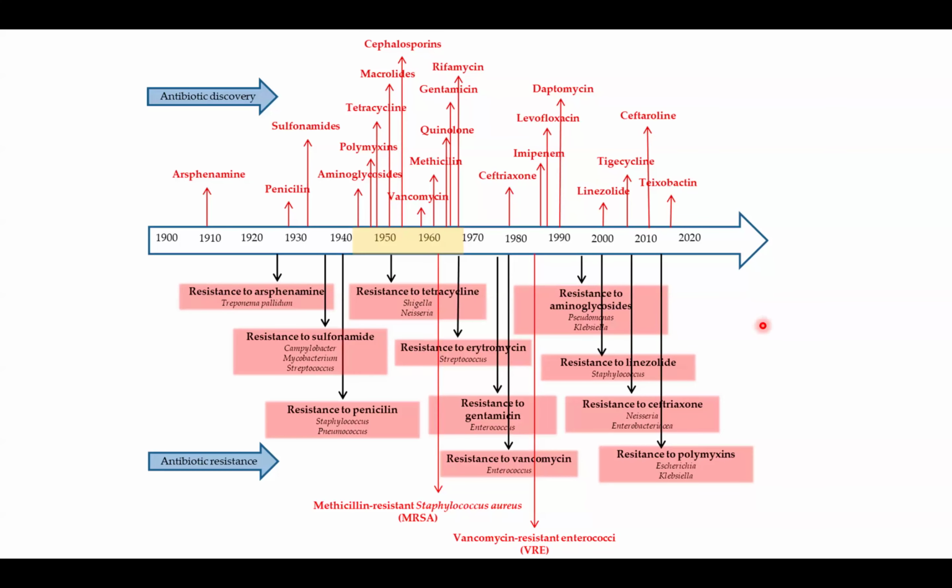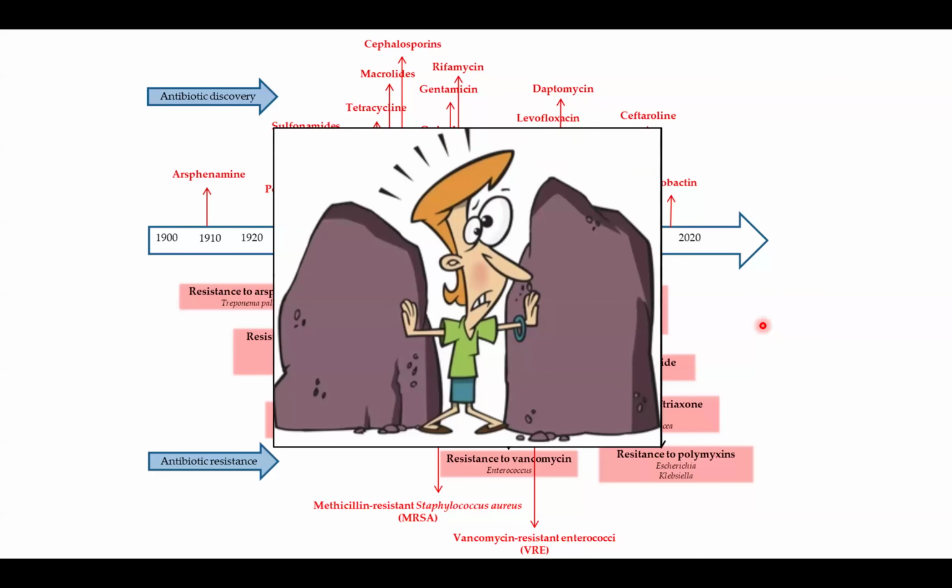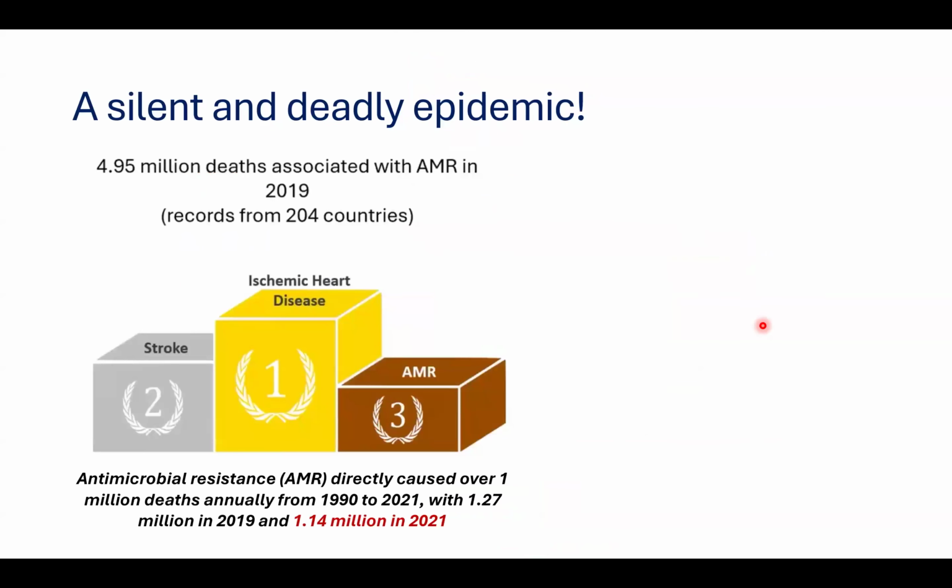So this is like getting stuck between a rock and a hard place. On one side, we see that more and more antibiotics are developing resistance to their effective action. On the other hand, newer antibiotics are not being discovered enough, and it is very difficult and very costly to find new antibiotic classes to which resistance is not there. So both these things result in a double jeopardy, in which antimicrobial resistance, although it is not a disease per se, is indirectly and directly causing a lot of deaths, and it has become a